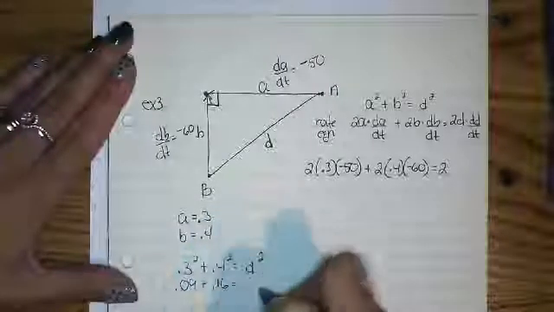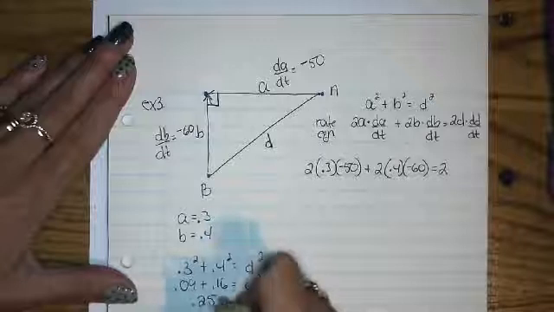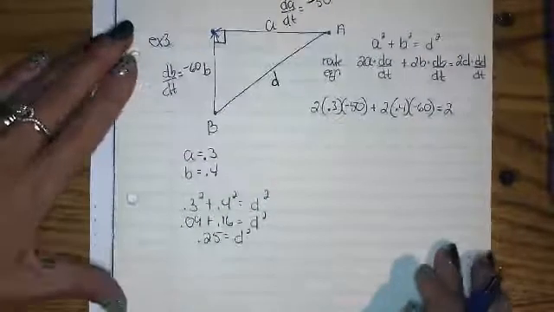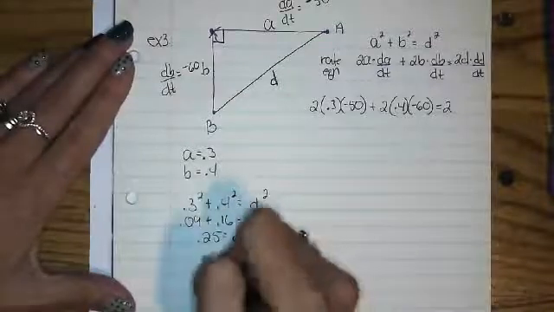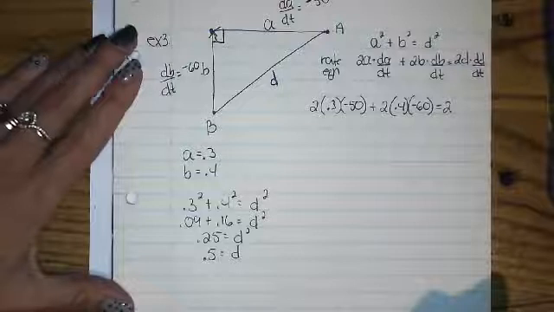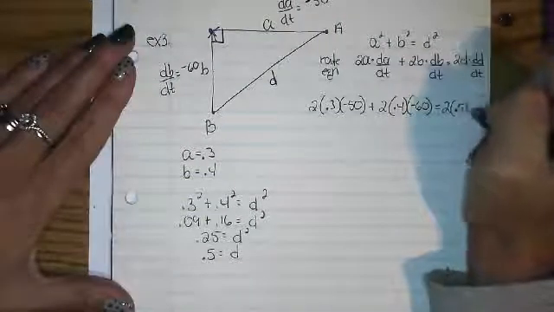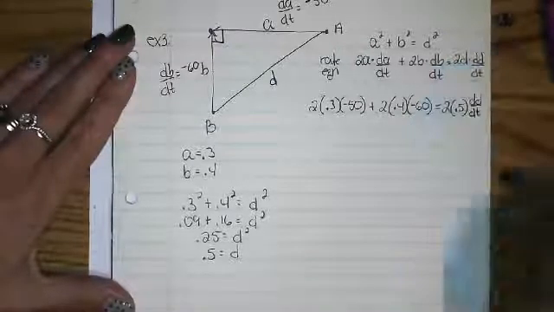plus 0.4 squared equals little d squared. 0.09, 0.16, that's 0.25, and then square rooting both sides, I'm going to get 0.5 is d. So now this is 0.5,